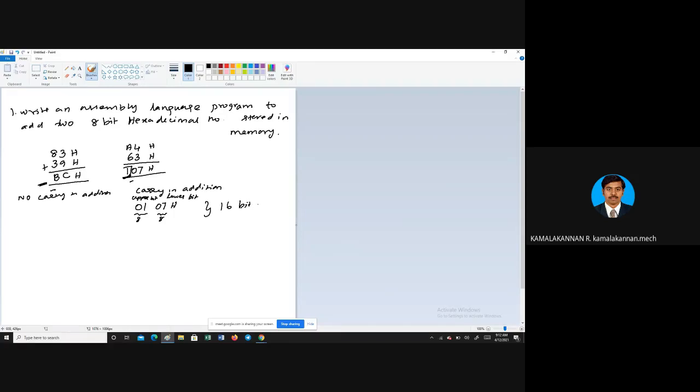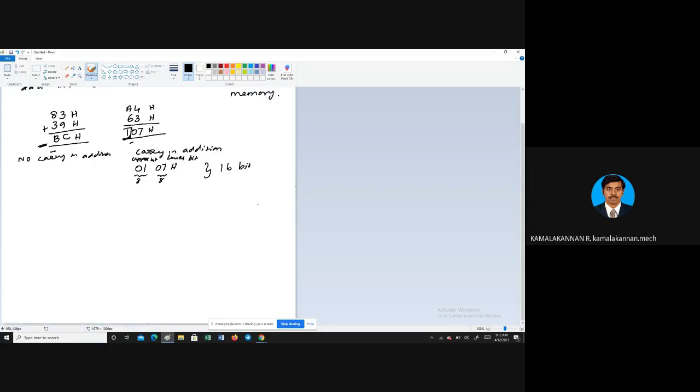8 plus 8, 16. So you have to write the program very carefully, storing an 8-bit number and again an 8-bit number, and the result will be 16-bit. So you have to use your registers very carefully. Okay. So how will this be stored in your memory? How can you write the program? In a simple way, I will tell you. First I will draw the memory so that it will be easy for you to write the program.